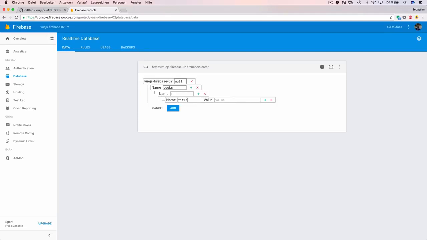The first property is the book title. Let's give it a title, Angular 2. Then I'm hitting tab to get the next line. In the next line, let's use the author property and assign my name as the author value. And then we have a URL, and I'm typing in